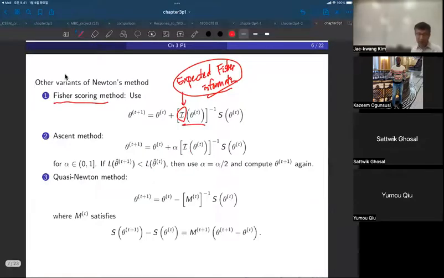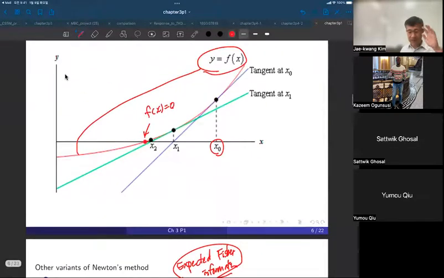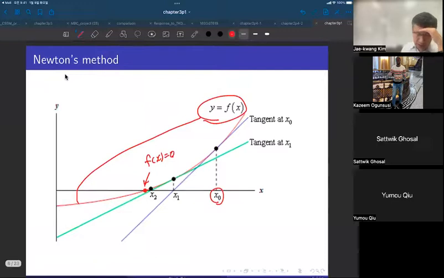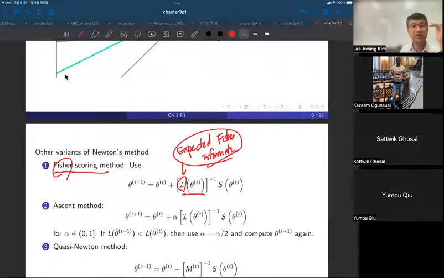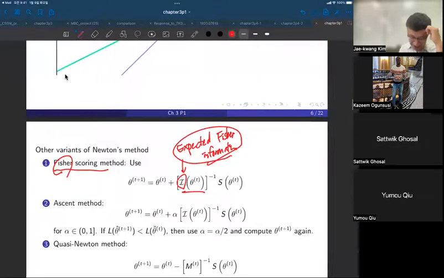So that is basically Newton's method. Newton is the father of modern physics, and Fisher is the father of modern statistics, right? So Newton is kind of the grandfather. Okay, anyway,